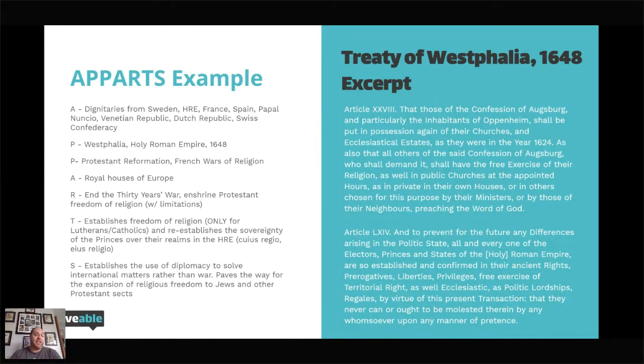The second thing is it begins that pavement for the way of having Jews have freedom of religion and other Protestant sects. Okay, Calvinism was not considered part of this. Eventually it is, right? You have the Anabaptists who were not part of this. Eventually they are. So it starts somewhere. It has to give us this basis to go, and that's what it shows us.